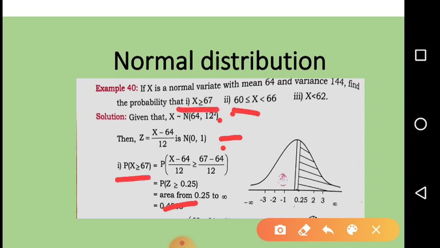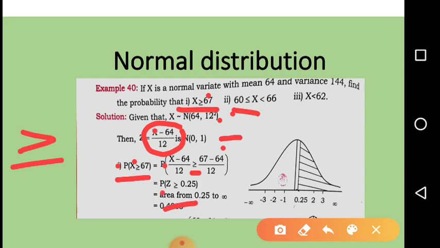If you see it properly, first is what, p. I wrote here p. Then put a bracket. X is there, no? In place of this x, you'll write this formula. X minus 64 by 12. Then you write the sign. The sign is here. That is a greater than equal to. I wrote it here. Same you write. Then what is there? Then it is a 67. See, the question is 67. So in this formula, where there is x, I am writing 67. See, I put a dot. 67 minus 64 by 12.